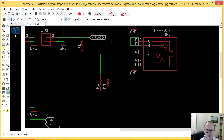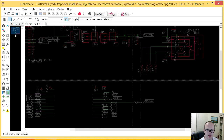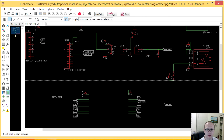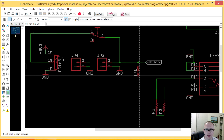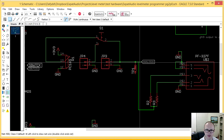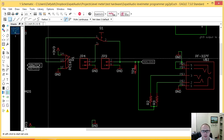So I'm actually going to sum these together at this point here. And I'm going to bring this signal. Where do I want to bring it to? I actually want to bring it to analog in. So I'm going to bring this down here, cross and up, and put that there. Yes. Okay. So at this point, what's going to happen is, yeah,